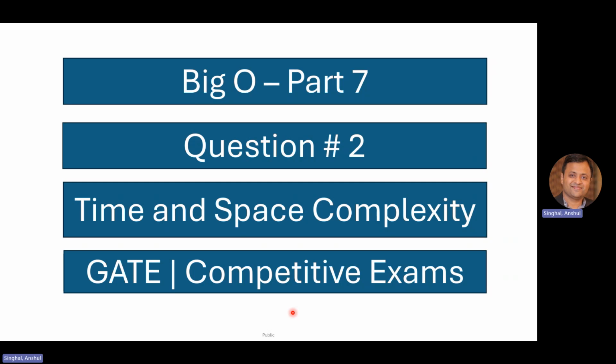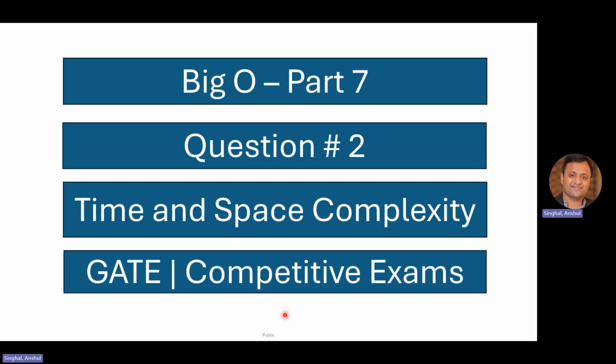This concept is useful to learn because in many competitive exams, including GATE, there will be many questions about time and space complexity. So if we learn this concept by practicing lots and lots of questions, then it will fundamentally build our understanding to the next level. So with that,